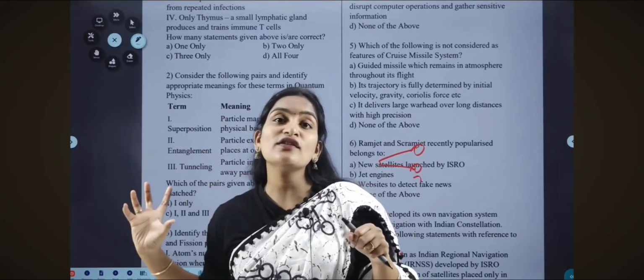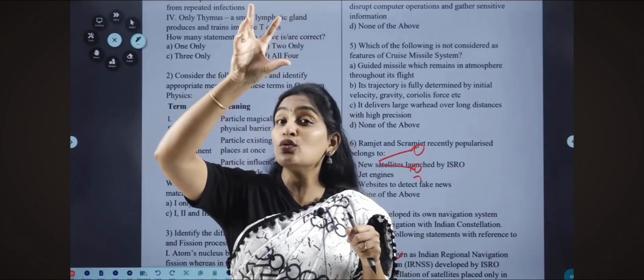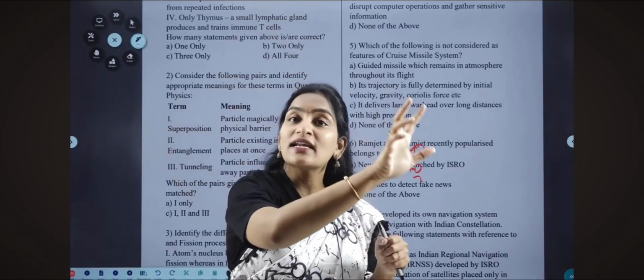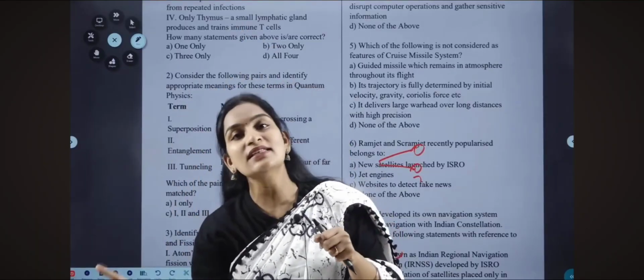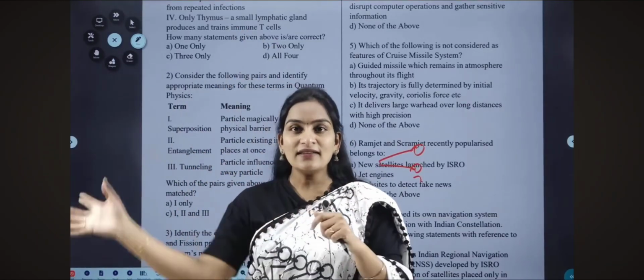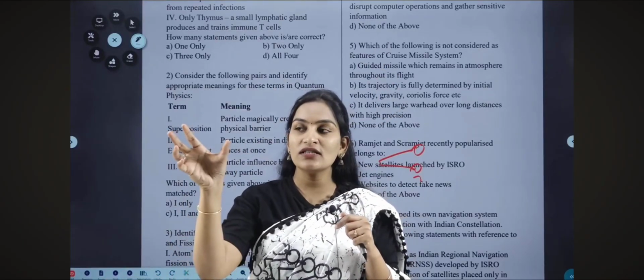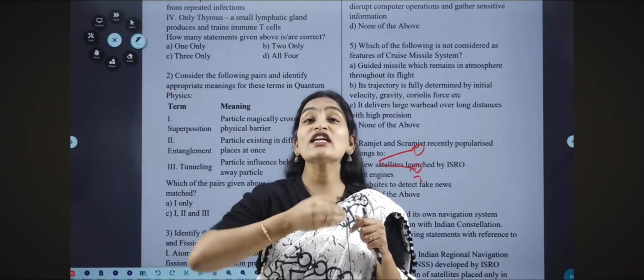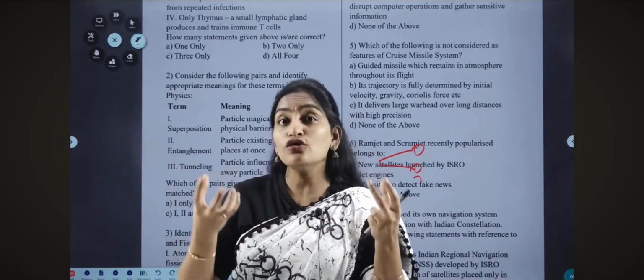That is, the initial velocity will push this particular ball to a particular distance, and after reaching it, it will lose the initial velocity and come down gradually with the gravity of the earth. So the parabolic path taken by a missile is mostly the feature of the ballistic missile. And the cruise missile will go up to a distance and then come down, and it will be traveling very close to the earth's surface so that other radars could not detect the